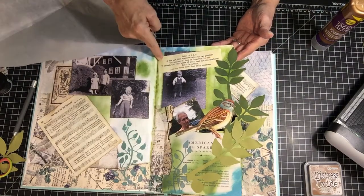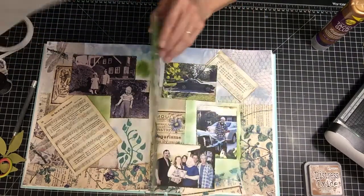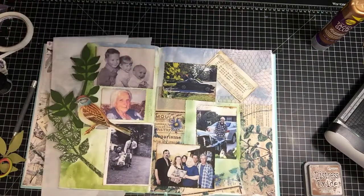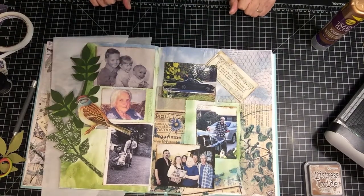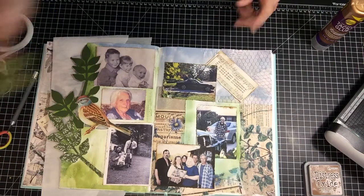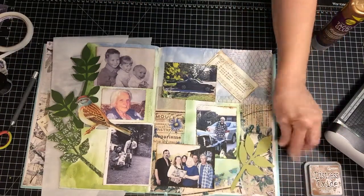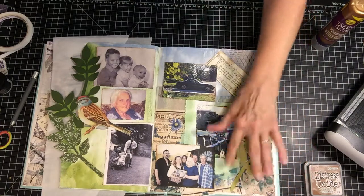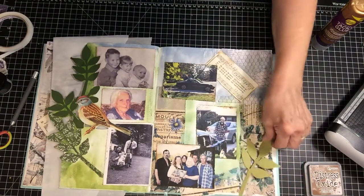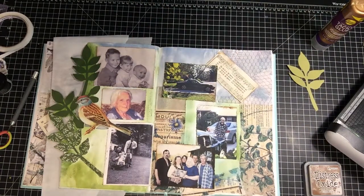I'll have to make a decision if I put the second verse of the song. So I think that's it for now. I wasn't sure if I should add flowers here, but I don't think I will. If I do anything, I'll add more journaling and just make a white blotch of gesso there so I can add more journaling. But I'll show this to you by Thursday and